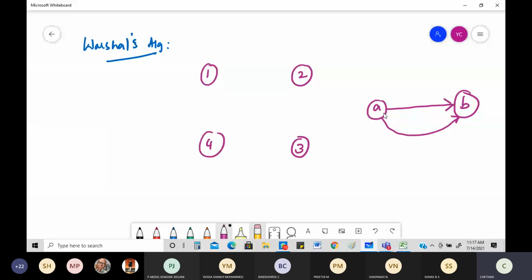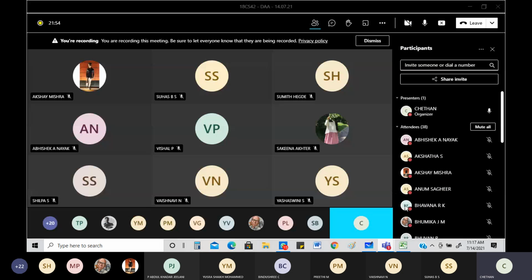See, you can have an indirect path like this. What is an indirect path? Instead of this, you will be having some other node that is going to come here. What is that? Instead of this, you can have a thing like this. Okay, then you may have something like this also. What is the meaning of this? You have things like this. Okay, these things you got to keep in mind.